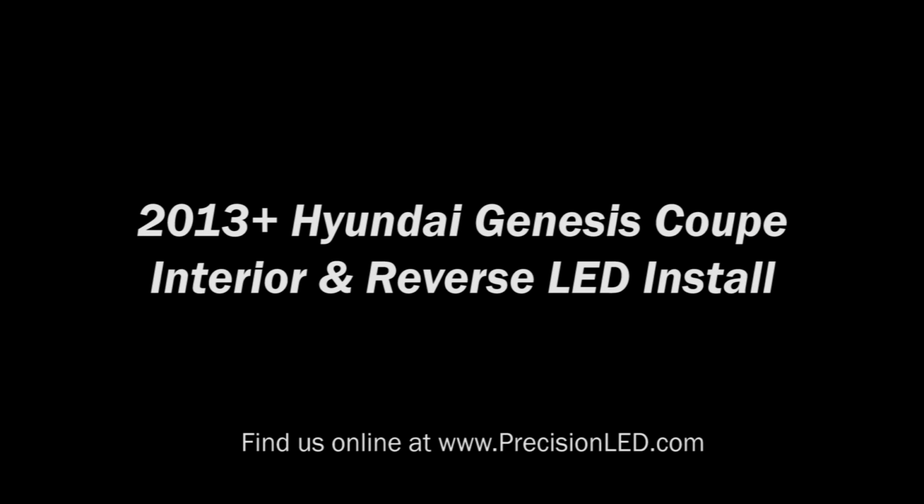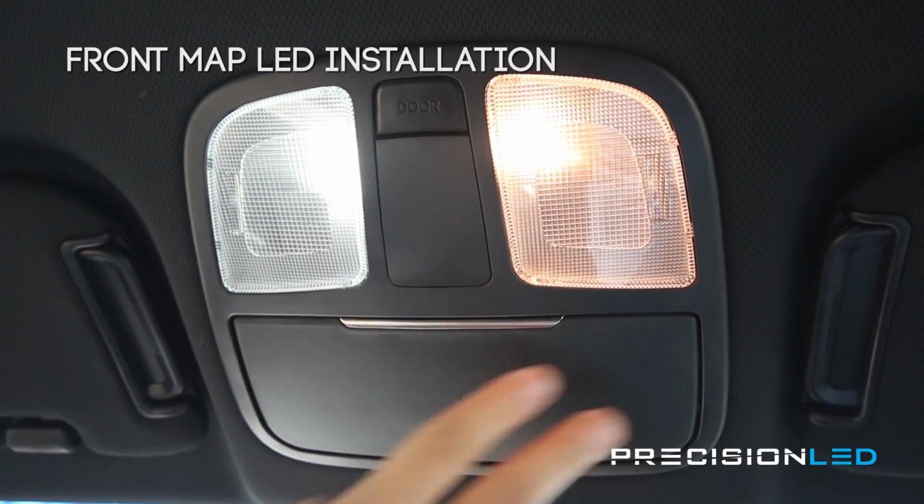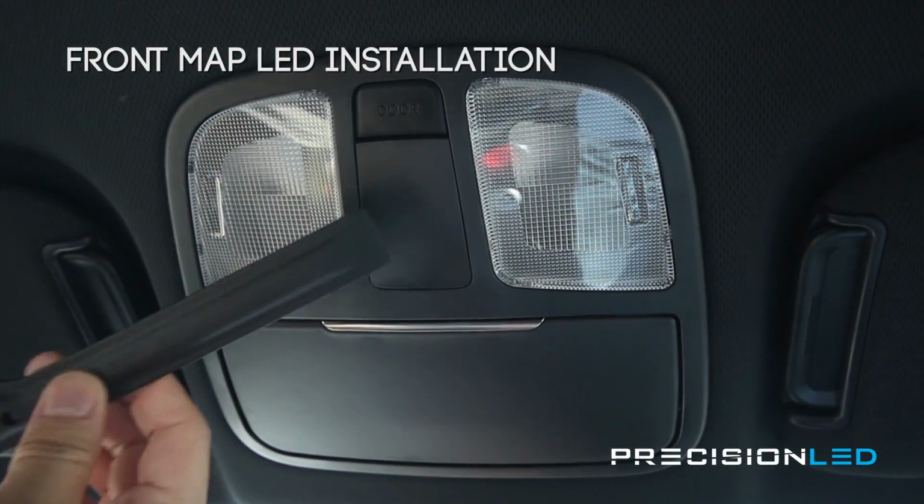We'll be installing LED interior lights, backup reverse lights, and the trunk LED strip on this model. Let's go ahead and get started. We're starting off with the front overhead map lights on the Genesis Coupe. As you can see on the driver's side, we've already done the installation, so we're showing you the passenger side